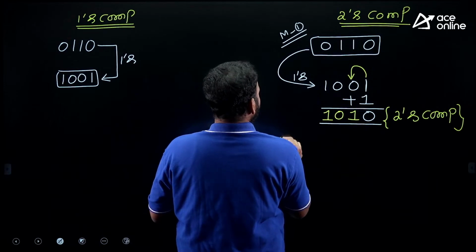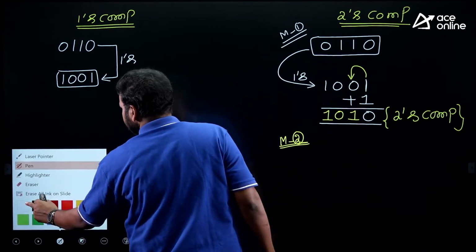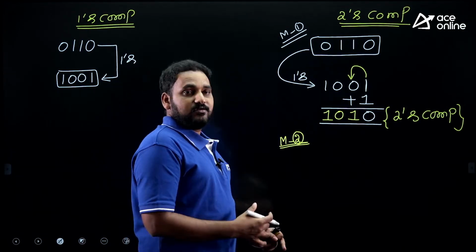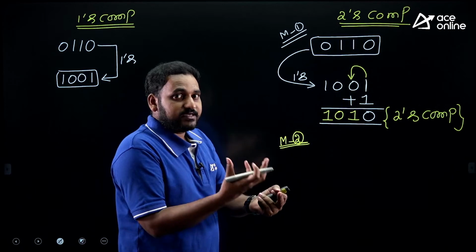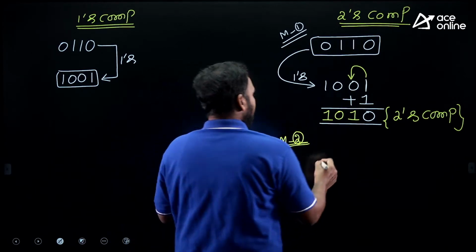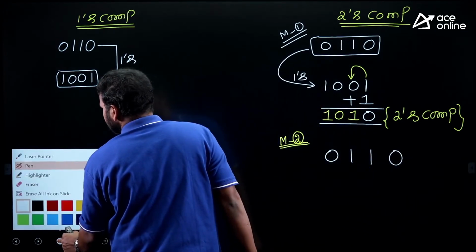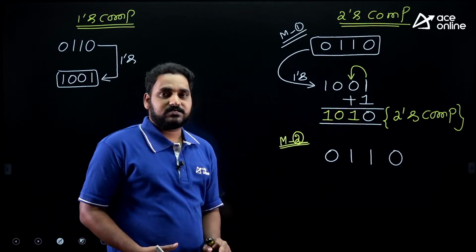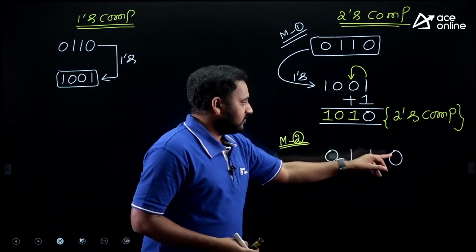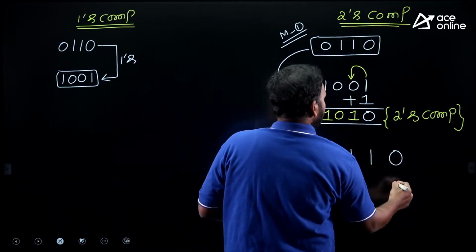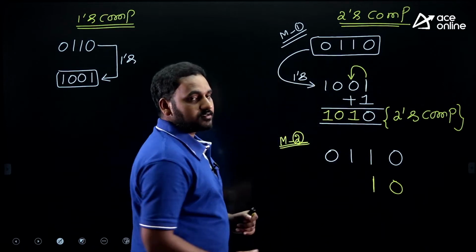But you need not do it like this, my dear friends. You can save time when writing the 2's complement. There are different ways, and this is one of the best. You just take the number and observe it from the rightmost bit, the right hand side. So, I am writing the given data 0110 and copying the bits from the right side, strictly speaking from the LSB side, till we get the first 1. So, the first 1 is this. You copy it as it is, 0 copied, 1 also copied,